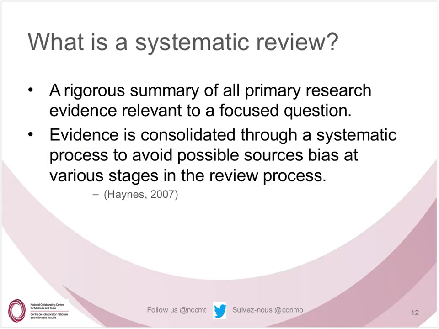A few of you are, which is great to see, so wonderful that you've joined to learn more about it. So first, if we just start with thinking about what is a systematic review and how is that different from other kinds of reviews that you may be familiar with. A systematic review is a rigorous summary of all the primary research evidence that's relevant to the particular question that you're interested in answering, and it's using a very explicit process that others could replicate.